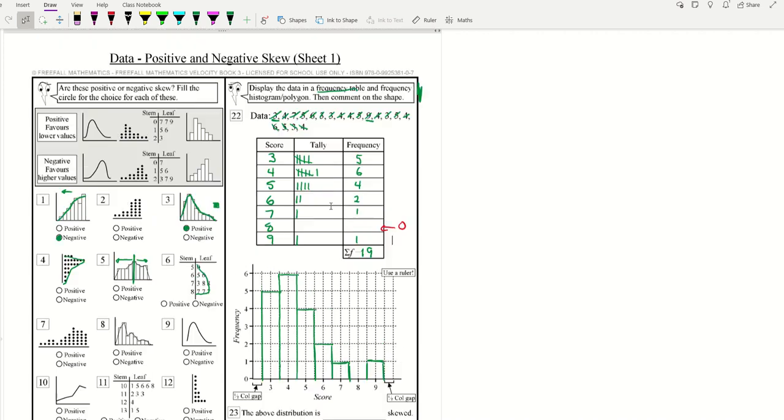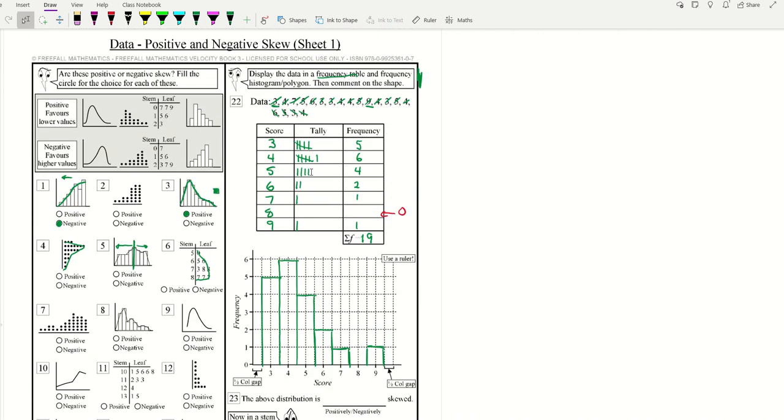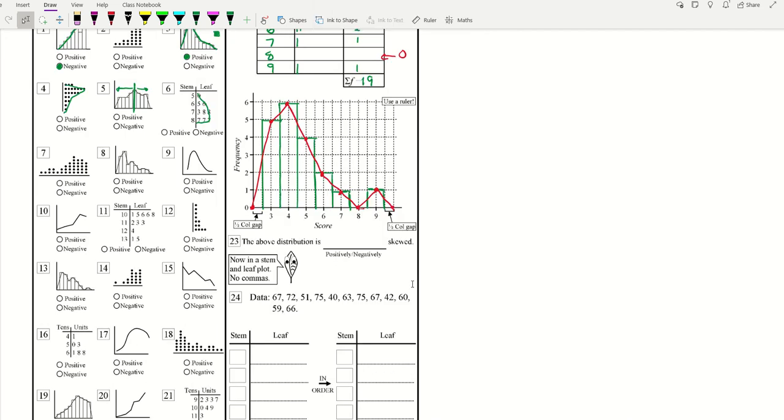I will do a frequency polygon as well. I'm going to pause when I do that as well. Okay, there's my frequency polygon, and to tell you the truth, I probably could have done that straight up freehand rather than using the ruler. First thing I did was put the dot in the middle of all of my columns to represent the data. Then I put a dot right back down on that horizontal axis, remember, right down at 0, which is that half column I passed. And then that's given me my polygon, which is